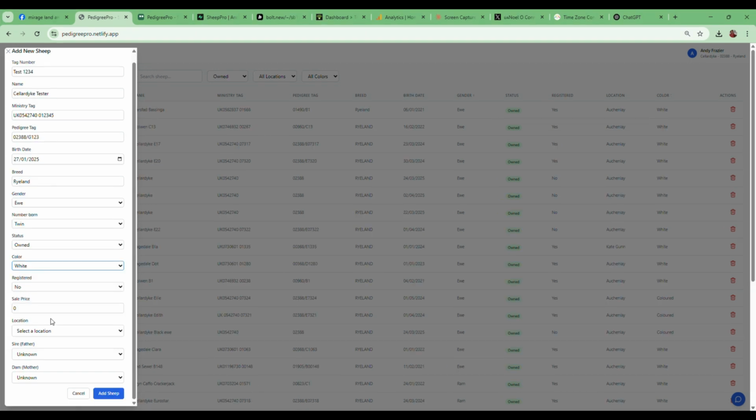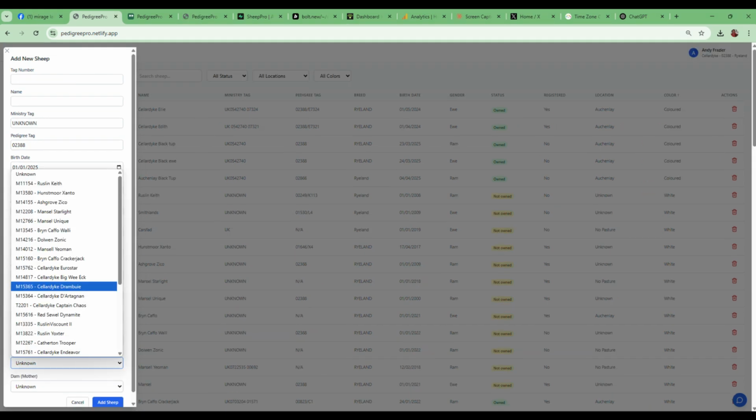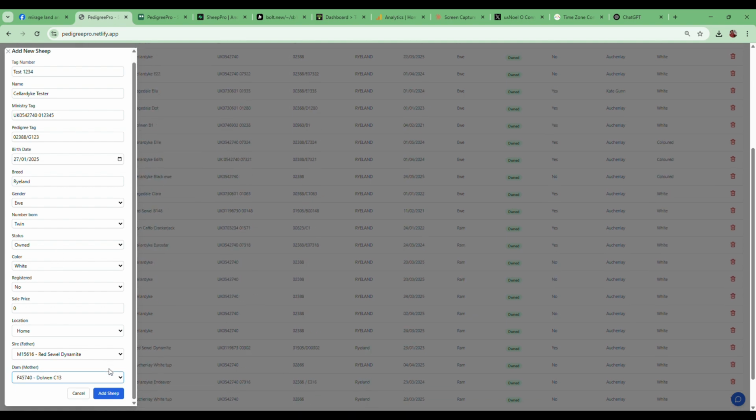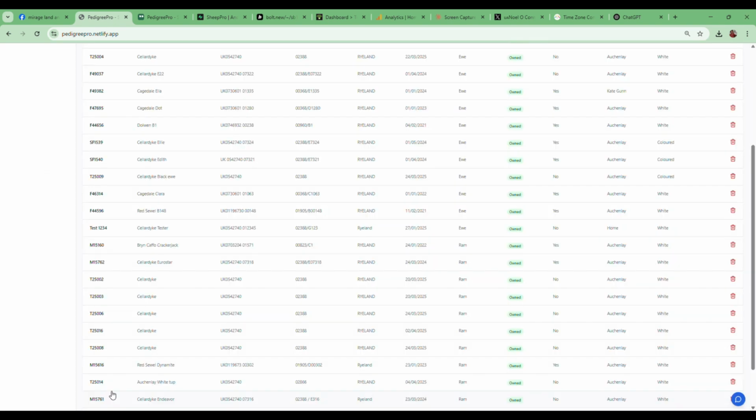And then the sire and dam. We can pick the sire and dam from a list of drop-down animals which I've already entered. So if we click that drop down there for sire, we can see a list of animals. The animals will appear on that list. And from there we click the add sheep button, and you'll see that the animal then appears